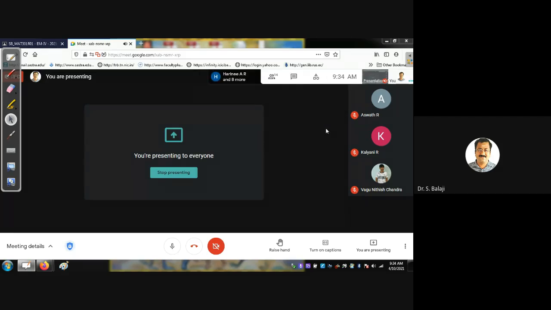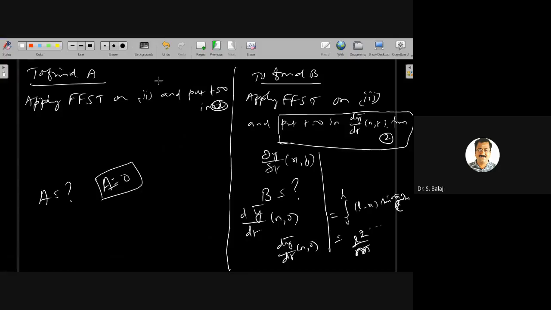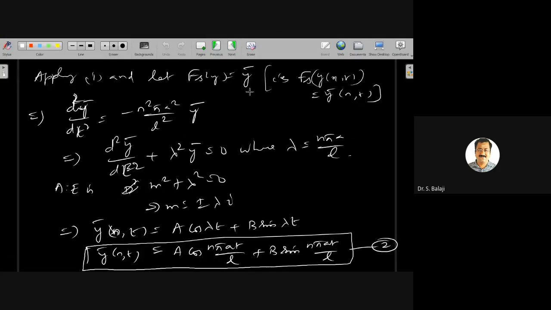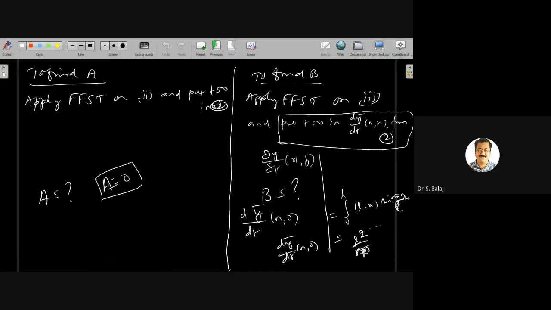Okay. Then now from equation number 2, we differentiate this one, dy bar by dt of n comma t, differentiate with respect to t, and after that put t equal to 0. Then you can get the same left side equation, dy bar by dt of n comma 0. Therefore, our answer for B is,